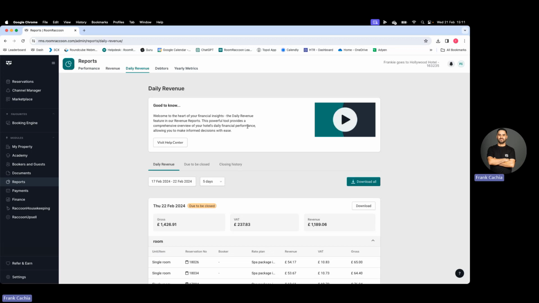It's really important to understand that closing your daily revenue is a permanent and irreversible action. This means you'll no longer have the ability to modify, delete, or update the rate plan, discounts, or any additional offerings for bookings on a date affected by the closure. So once again,